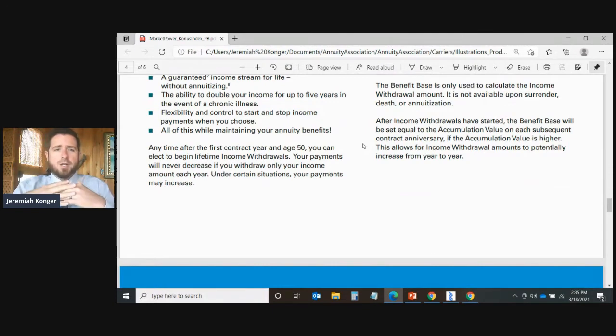So the benefit base is going to grow at a guaranteed 6% if you have the rider, compounded over 10 years. But at the end of each subsequent contract anniversary, they're going to also take a look at the accumulation value, which has been growing according to the underlying index strategies that you're allocated to. And if the accumulation value performs above that guaranteed 6% compounded roll-up rate, then they're going to credit your income benefit base